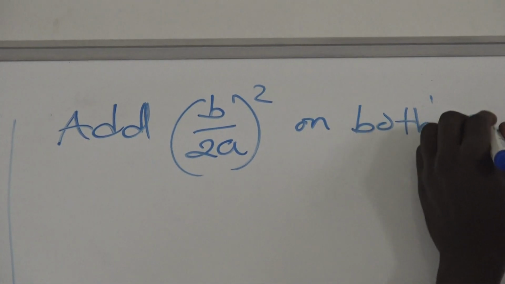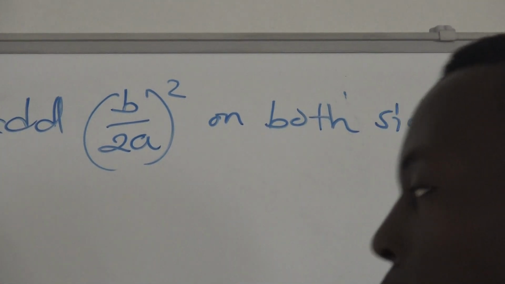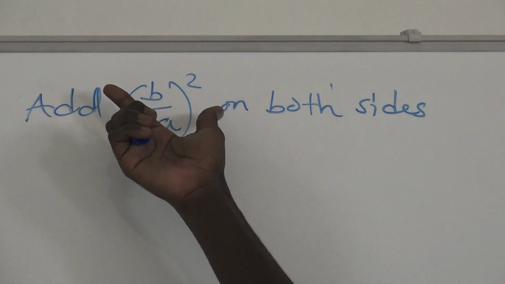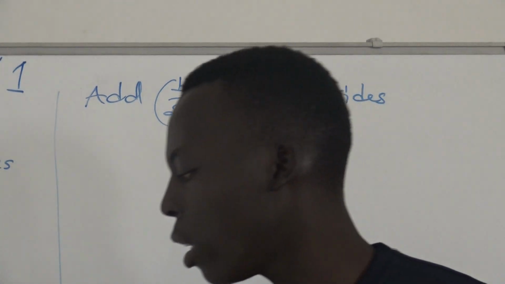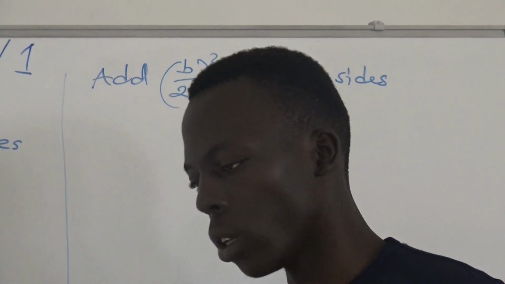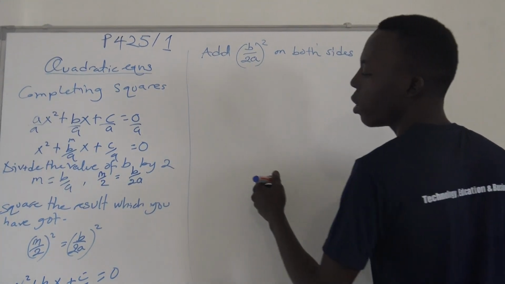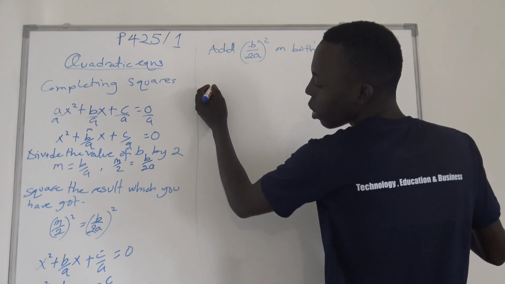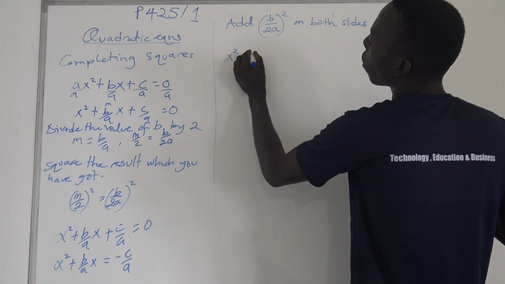On both sides. So what does this one mean? It means that I'm going to get this one, the number which I squared. I add it here and also here. You add it this side and this side. So for that case, this one will happen to be that it is x squared, then a plus b out of a,